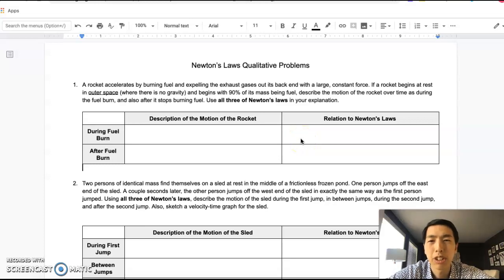In this video, I'm going to be doing the first example of what I call the Newton's laws triple whammies, where you have to talk about all three of Newton's laws in a qualitative problem. So,